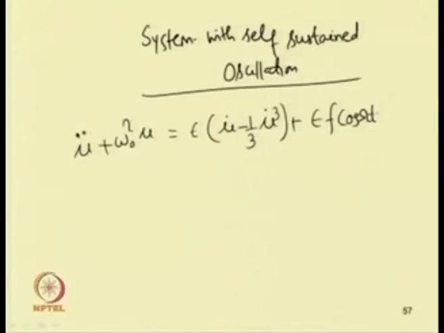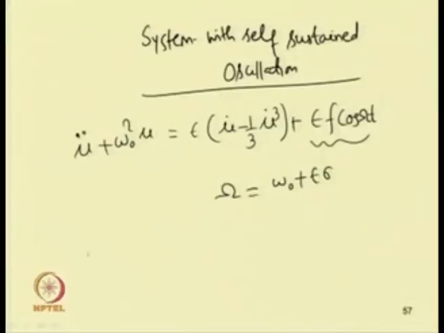During free vibration, we have studied the free vibration response of the van der Pol type of oscillator. There we have seen that the resulting solution is a limit cycle. In this case we are considering a similar equation, but we have taken the forcing into account. Considering the primary resonance condition, that is omega nearly equal to omega 0, let me write using a detuning parameter: omega equal to omega 0 plus epsilon sigma.